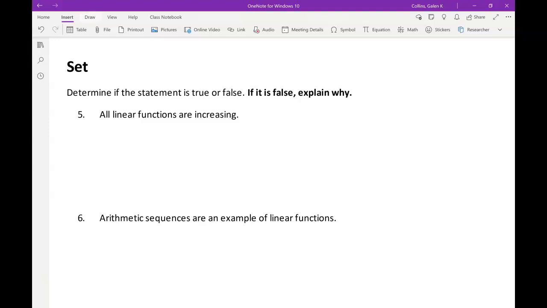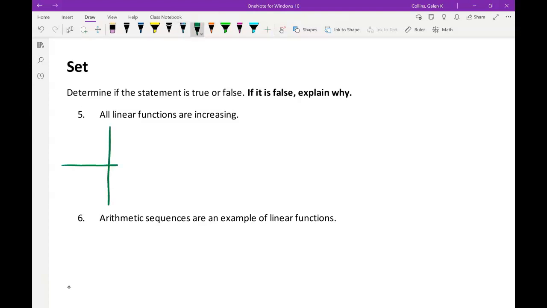Well, this statement is false, and let me just show you two counterexamples. If this is my y and my x-axis, I could draw a linear function that is neither increasing nor decreasing. It is constant. Or I could draw a linear function that is decreasing. So this statement is false,